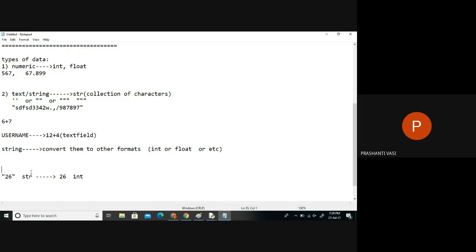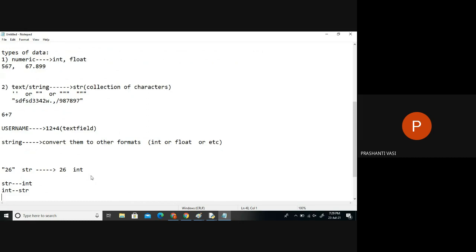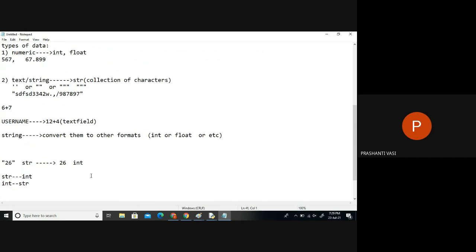We have a lot of functions to do this conversion. So it's easy to convert a string to an integer or int to string, and we can do a lot of conversions, int to float, float to int. In many places in real time, we need to do conversions. Without conversions, nobody will write an application.